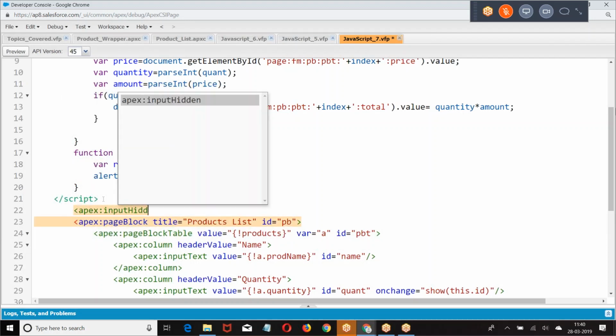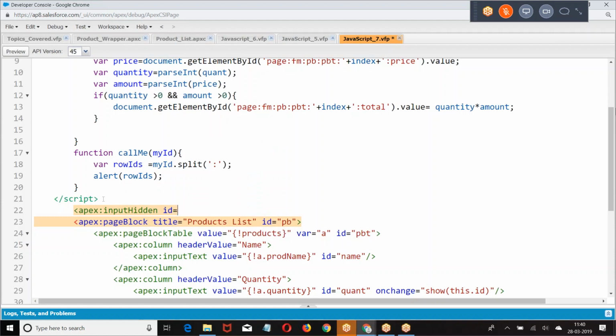Why was I taking input hidden? I have taken input hidden, value equal to. If I assign any value to this, the value will be stored to index.